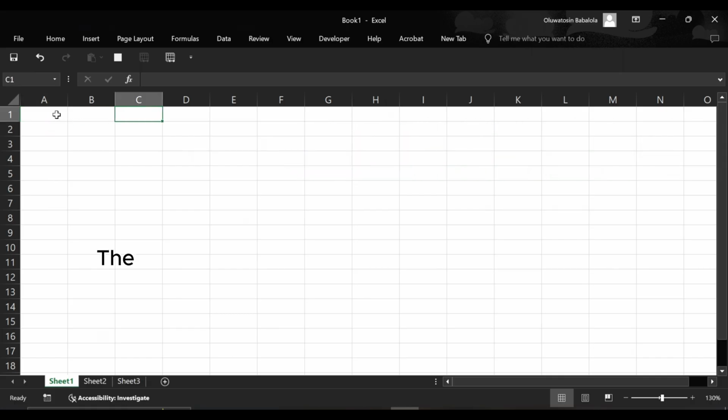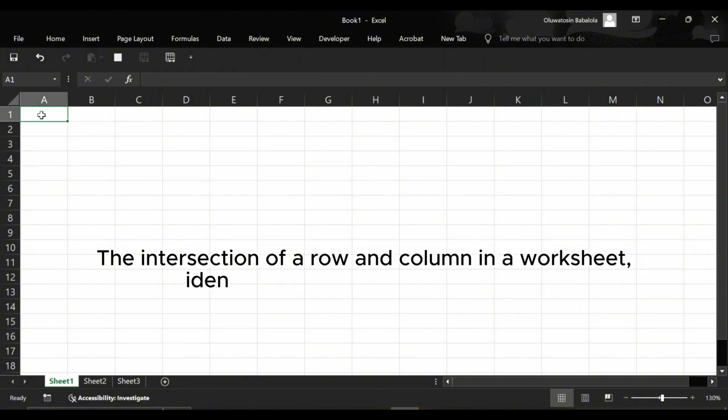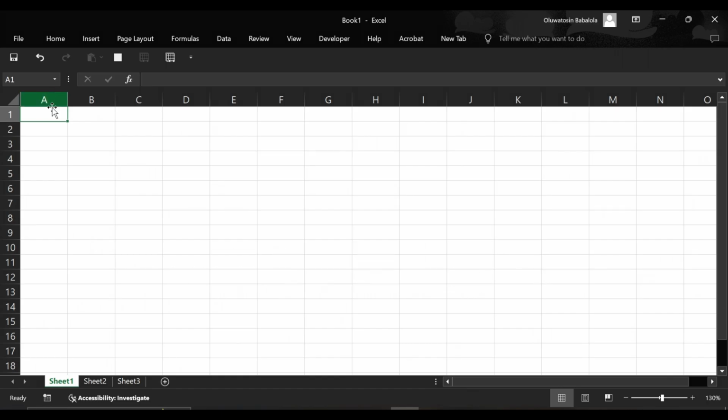A cell is the intersection of a row and column in a worksheet, identified by a unique cell reference. So this cell that I'm currently holding is cell A1. You look for the column header A and the row header 1. So that's cell A1. And this one right here is cell E6. So when you click on a cell, you're going to check the column header and the row header where